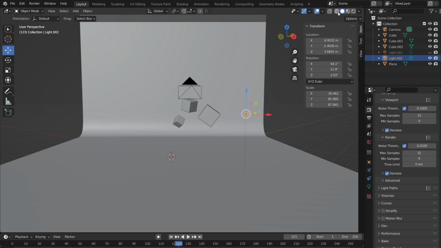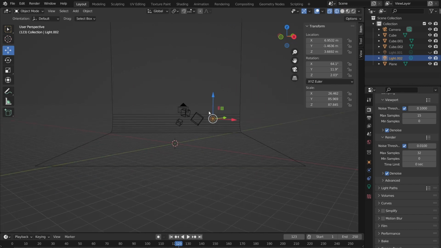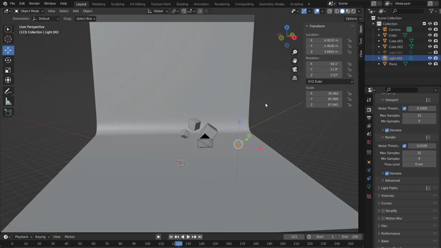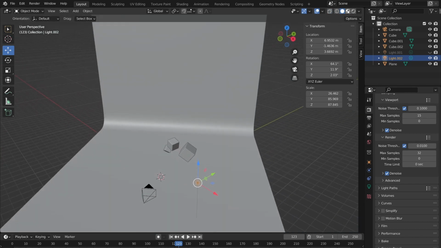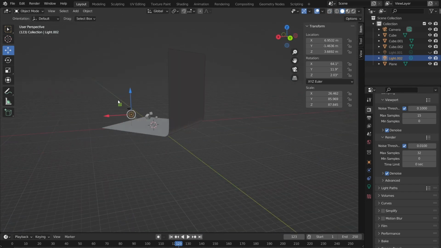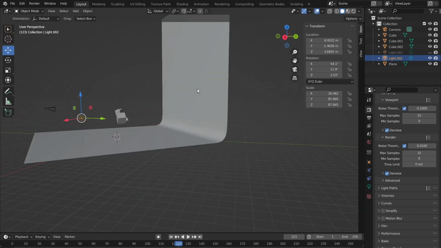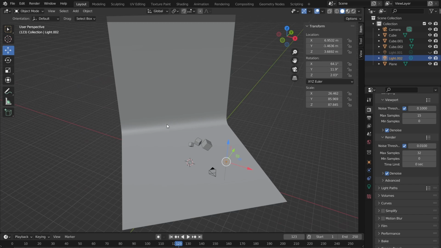If I click between them, you can see wireframe mode, everything's a wireframe. We've got solid, which is what I was on, everything's solid. Everything's just going to be this gray color. There's going to be no lighting, no textures, whatnot. And this is really fast, so if you have a really complicated scene with a lot of textures, then it might be easier to do scene composition and modeling in this mode